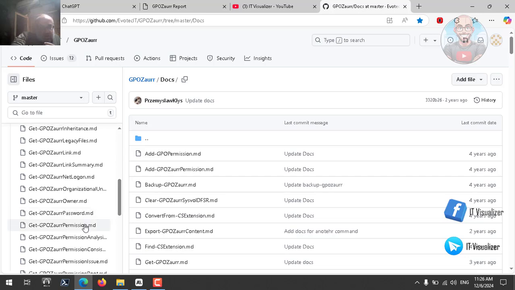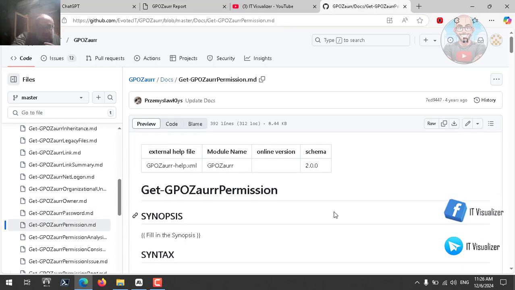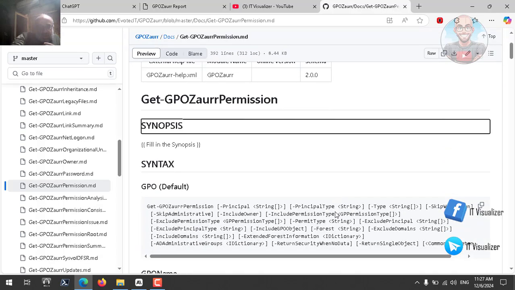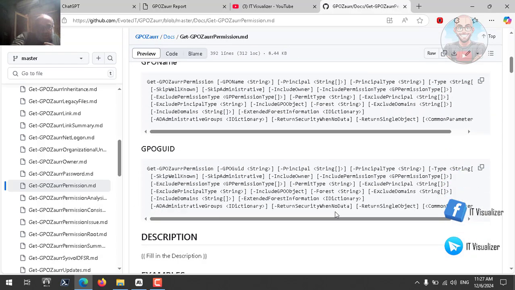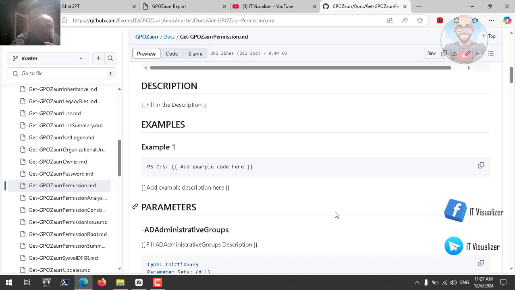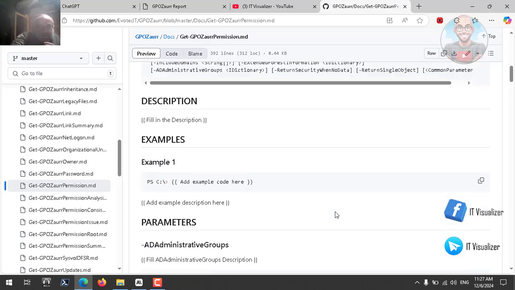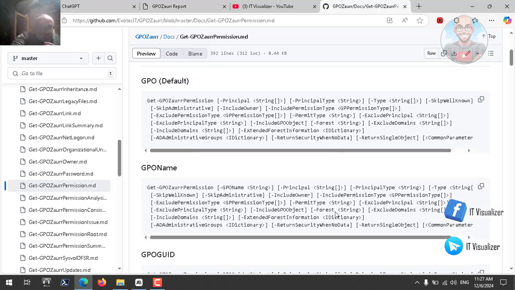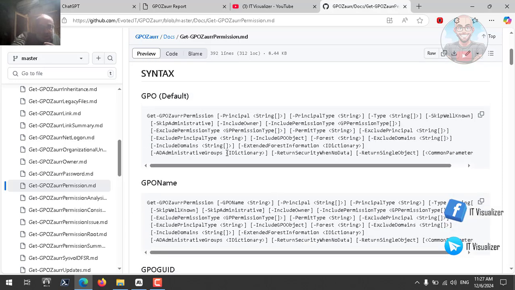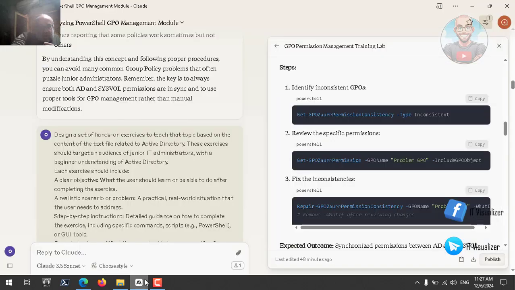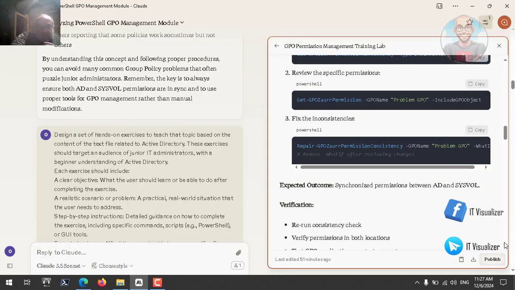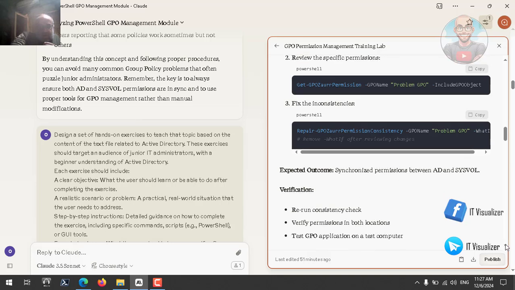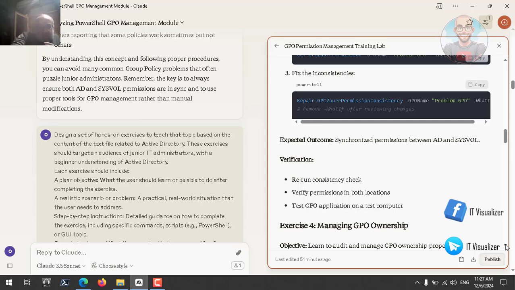Here you go, this is it. So this will get the permissions on the group policy. This is it, and these are the cmdlets anyway. So let's continue and see: sync permissions between AD and SysVol folder, rerun consistency check, verify permissions in both locations,